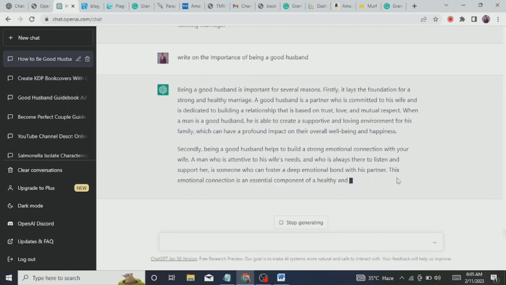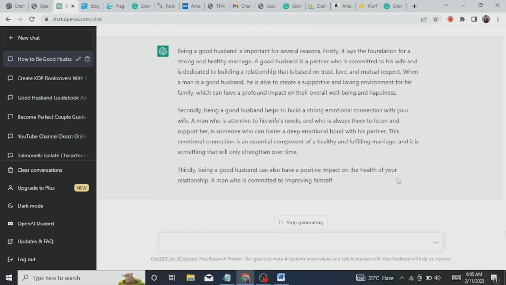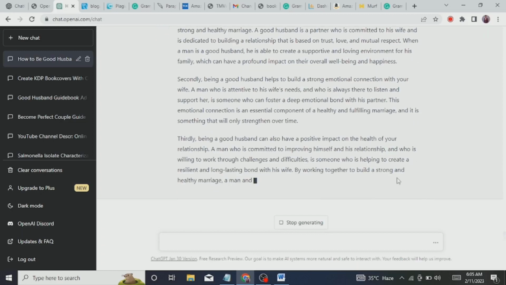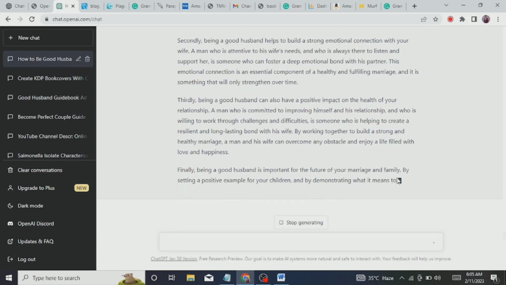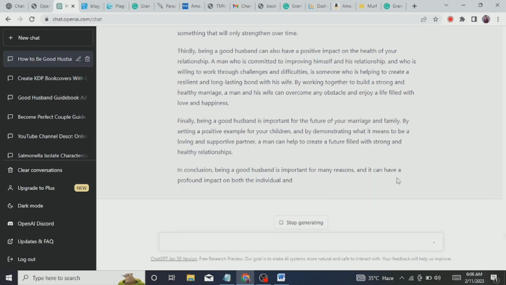So it's as easy as that. And when it's done generating an answer, all you need to do is just do it for the rest. It won't take you more than 30 minutes and you'll be done, as long as you have a very good network connection. So once it's finished generating your content for you, all you need to do is first take it